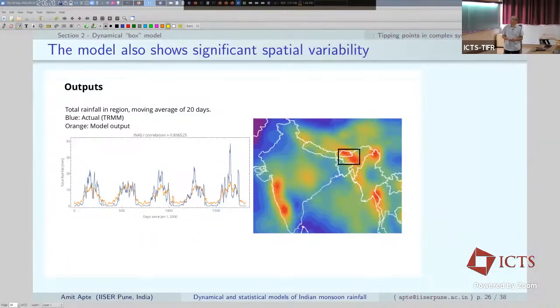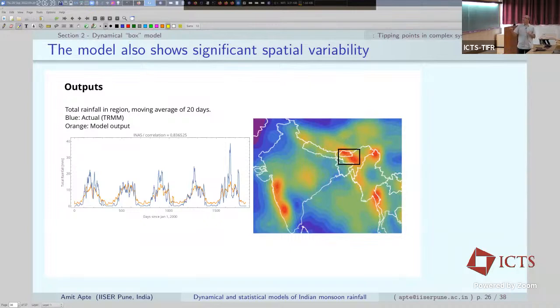That's the problem. And here is an example of, so now you just have a box model. So you can do lots of experiments, at least numerically. You can put a box, for example, in different places around the Indian subcontinent, make the box smaller and bigger, and so on and so forth. So this is part of the result that I will be showing.